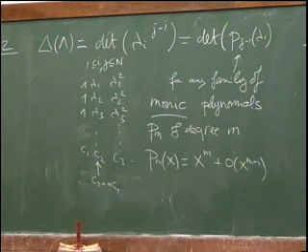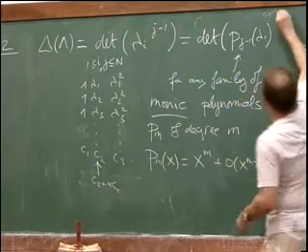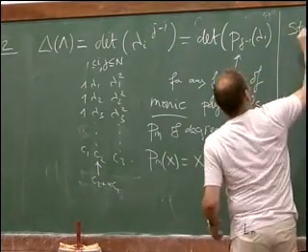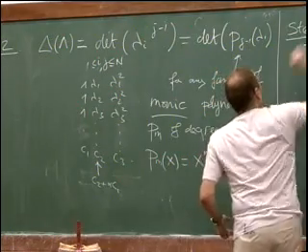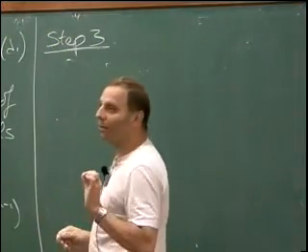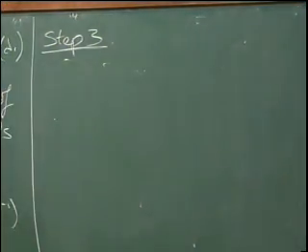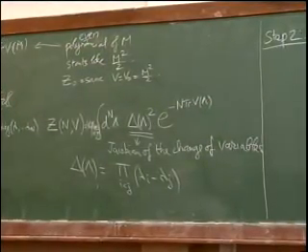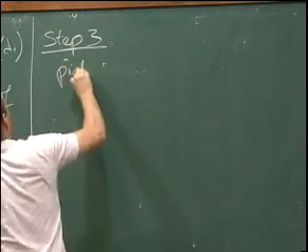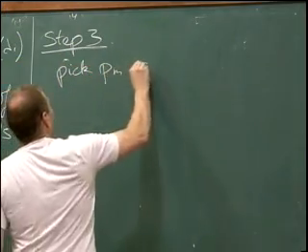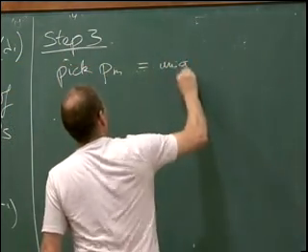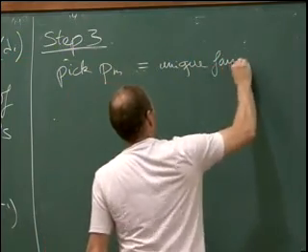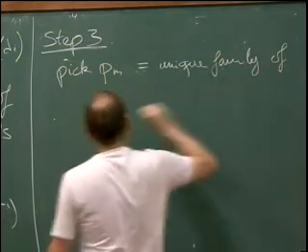Okay? So what are the p's we like? The p's we like are those which are orthogonal with respect to the one-dimensional measure inherited from this n-dimensional measure. So we pick P_m as the unique family of monic